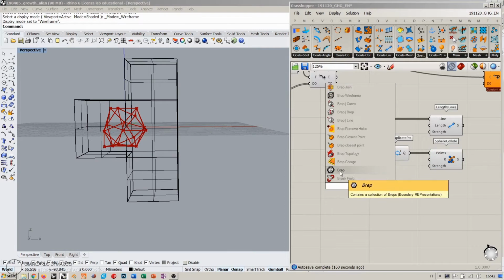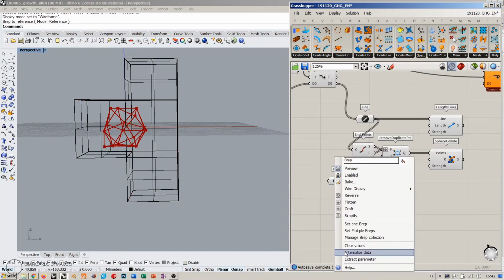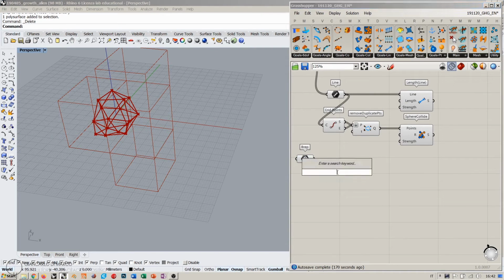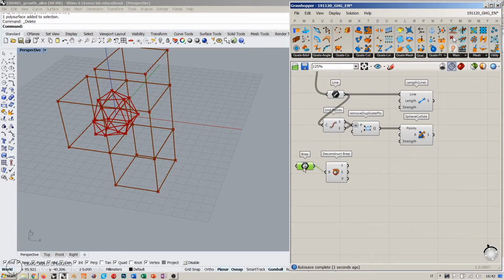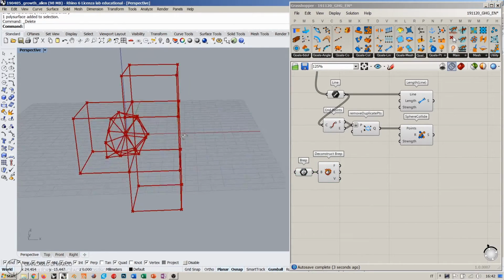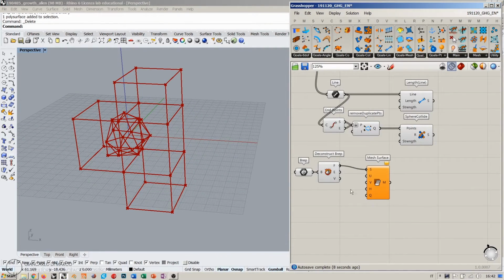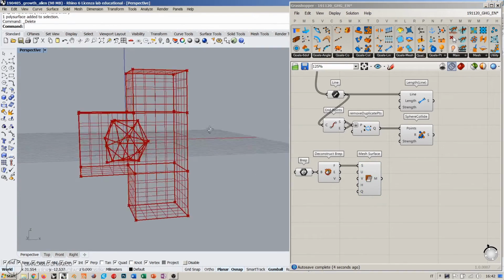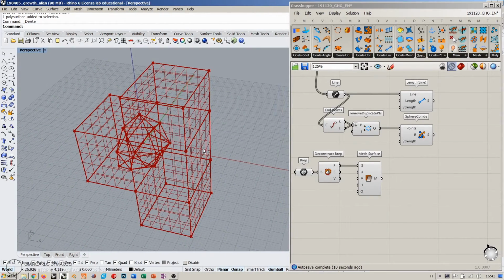So I'm going to take a B-rep component, set one B-rep. I do recommend that we internalize the data so I can get rid of it. I do recommend that you work with this procedure, because what I'm going to do right now is deconstruct this B-rep and use my favorite method for converting a B-rep into a mesh, which is not Mesh B-rep, it is Mesh Surface. So I'm mesh surfacing all the faces of the original object. This is because it allows better control over the resolution and the topology of the original, let's say,